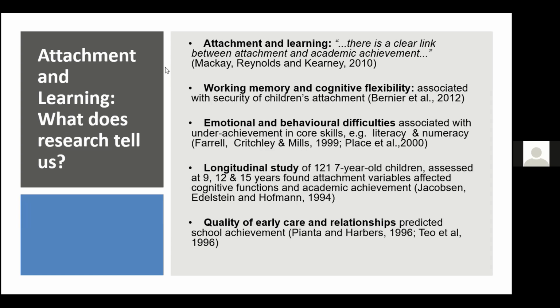So there is evidence to show that attachment relationships can produce stronger skills in memory and better cognitive skills. It also is really key in supporting the development of language and communication, which we know links strongly to children's learning skills. And it also, as we've mentioned already, provides that sense of self. So therefore, we know that the attachment relationship that children form can have a really significant impact on both the behaviour and the learning of the pupils that we see in our schools.